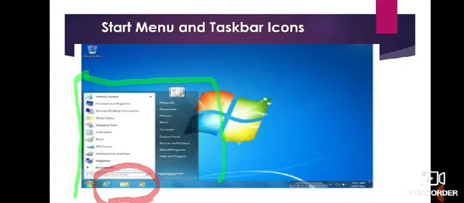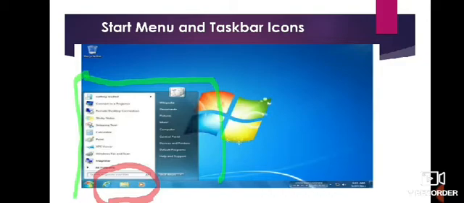I have also marked that area with a green highlighter, so you can identify what is the start menu. And the area which I have highlighted with a red pen is known as taskbar icons. So there are a few small icons present on the taskbar as well.